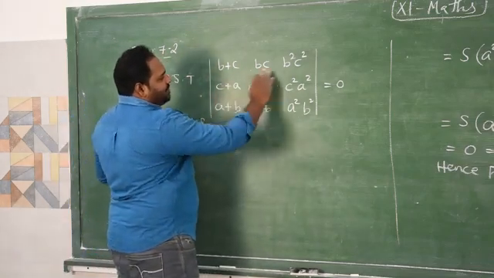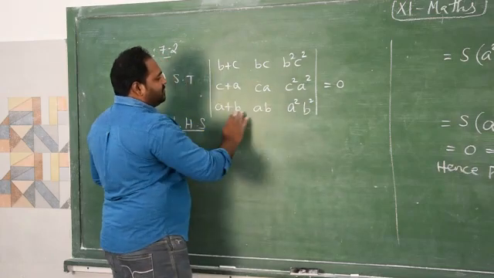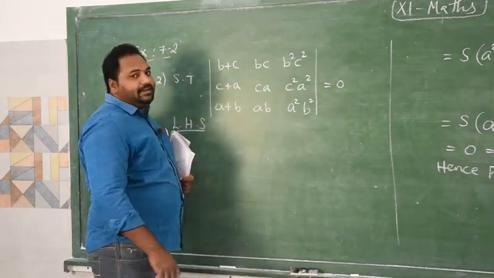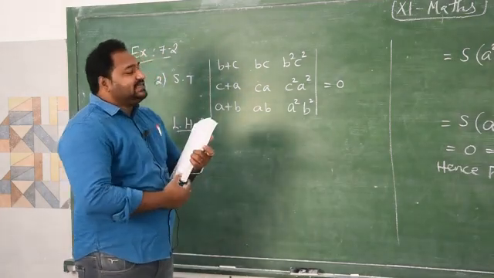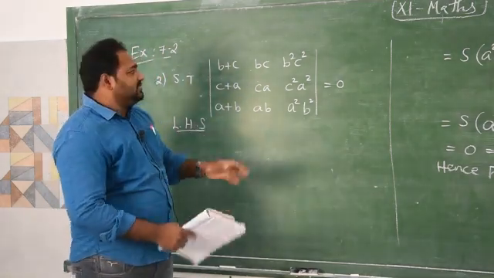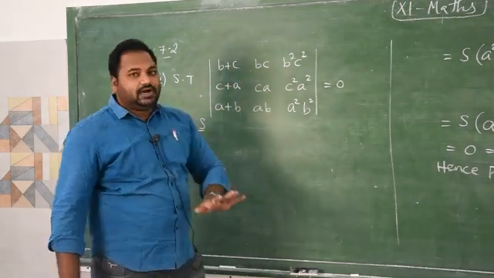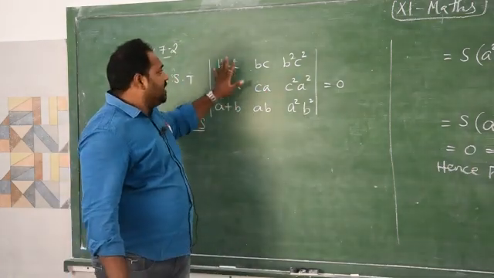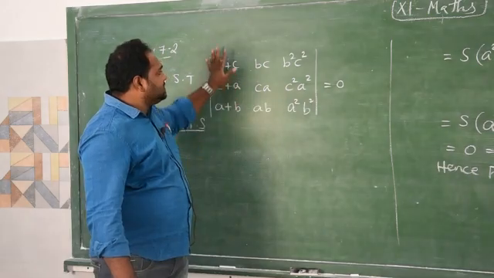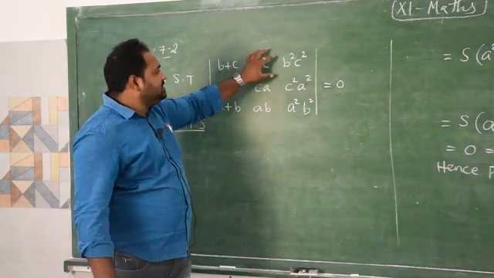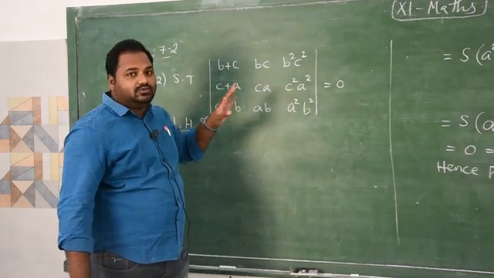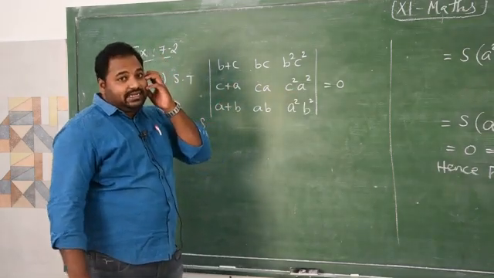When you multiply these four values, the multiplication involves so many calculations that we will make many mistakes. So for this kind of problem, what to do? First, we have to simplify these determinant values. I am going to reduce these values in this determinant by using the proper properties of determinants.